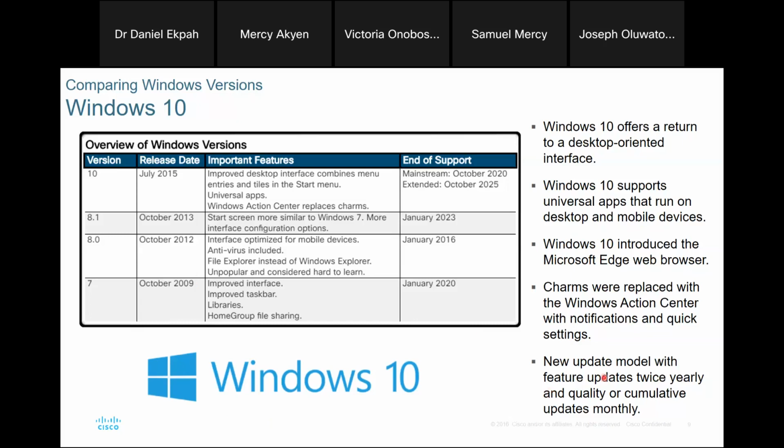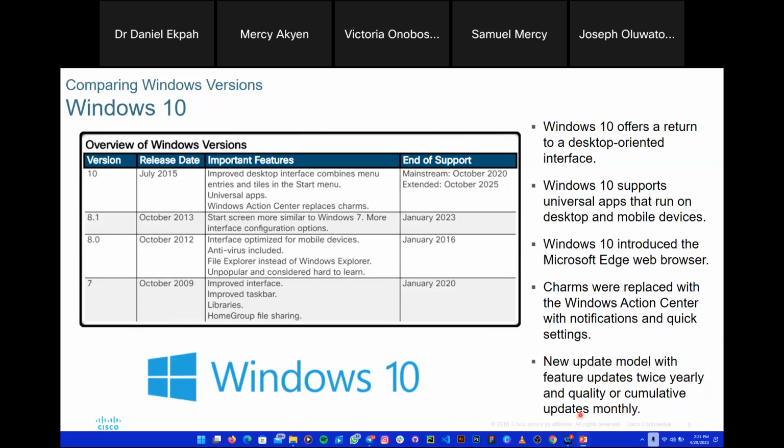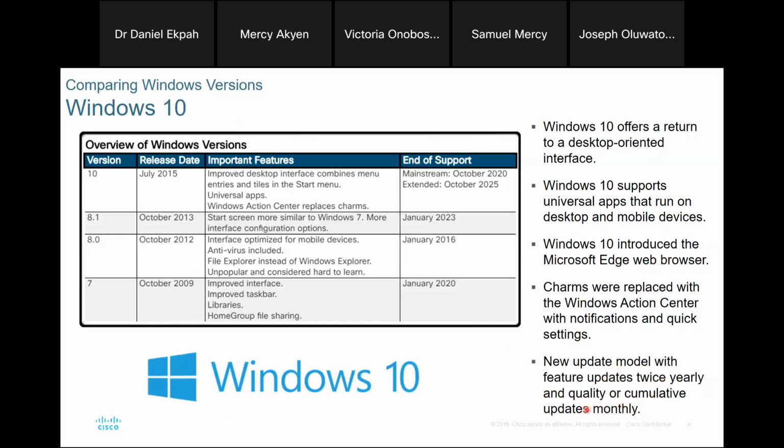So there's a new updates model with feature updates twice yearly and quality or cumulative updates monthly. So if I check for updates now, I'm going to have some cumulative updates available, which will be available